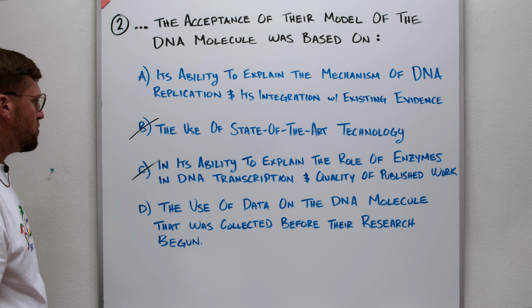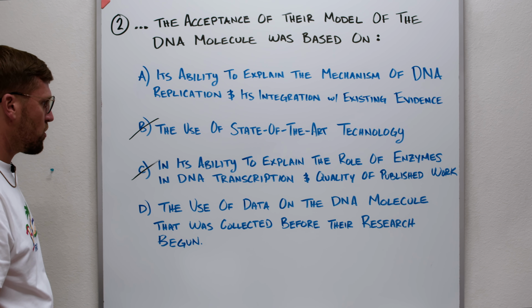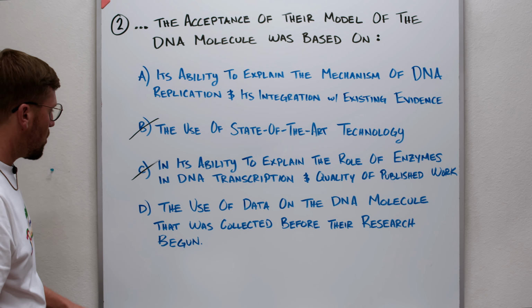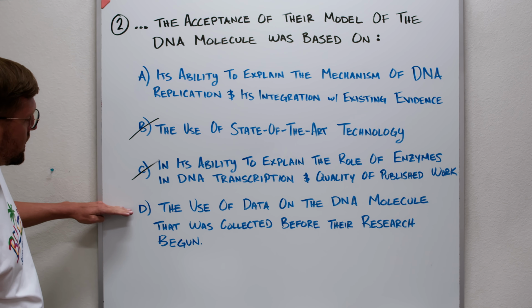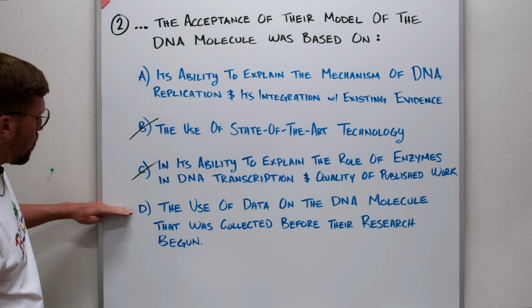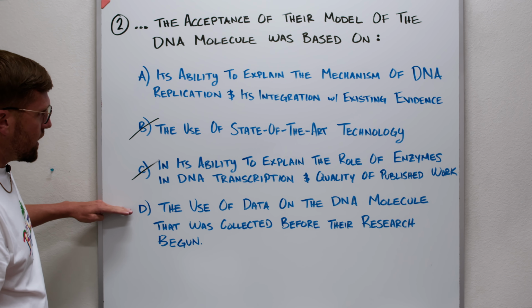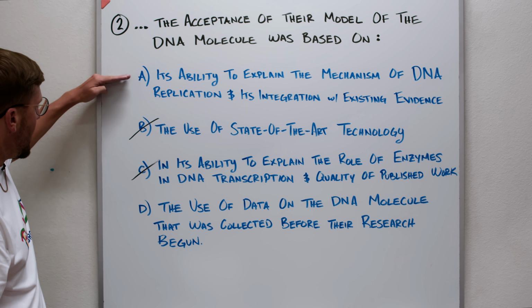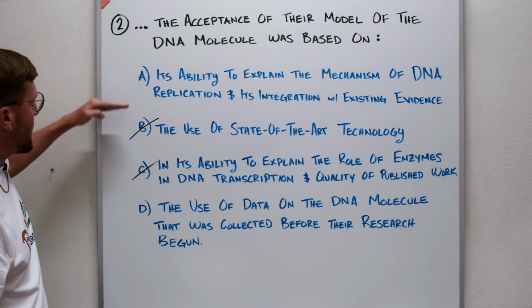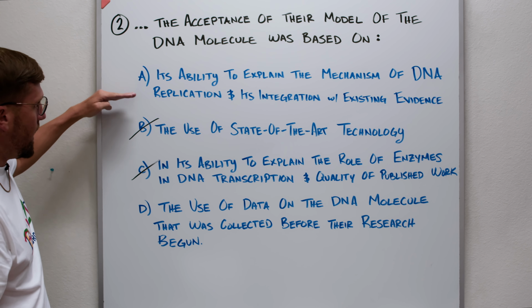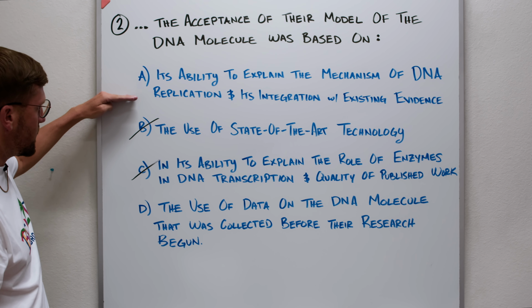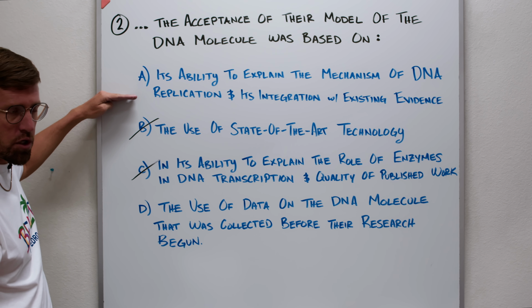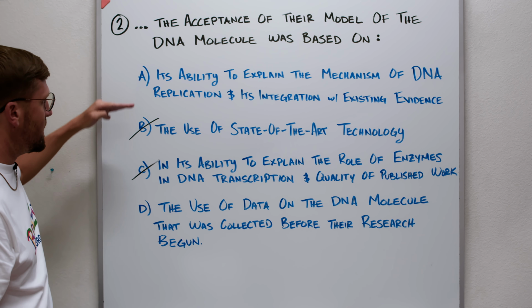D says the use of the data on the DNA molecule that was collected before their research. So this seems like it could be a decent answer. We know that Watson and Crick expanded on the research from Franklin. But between A and D, A is definitely the better of the two answers. Often you're not always down to one clear answer, but in this case, between A and D, A has more detail,